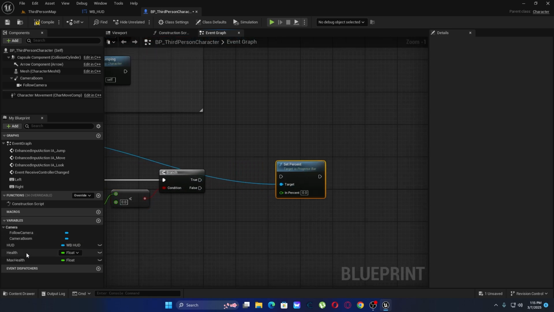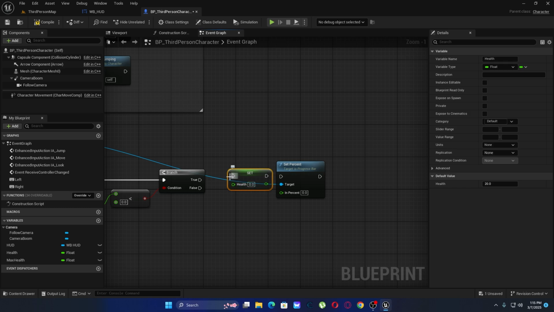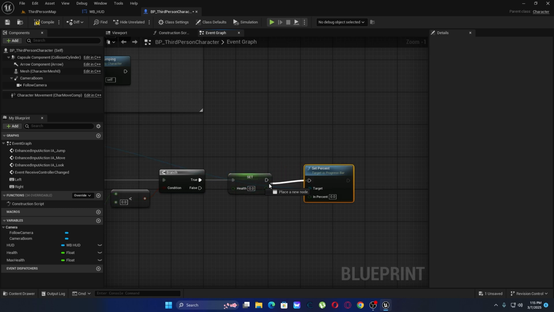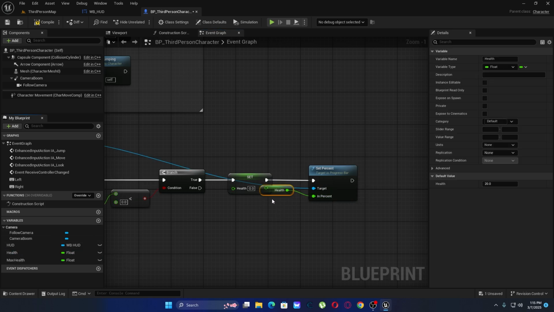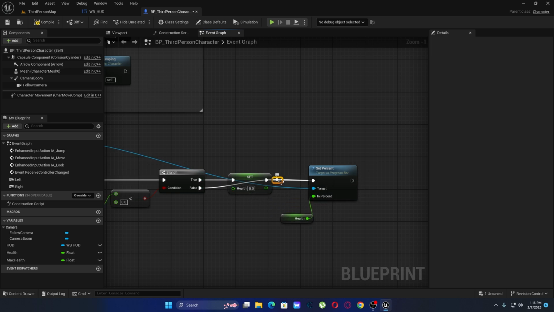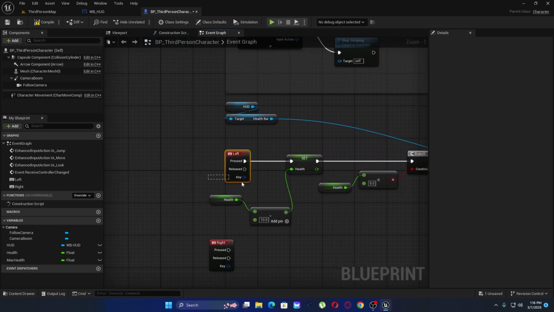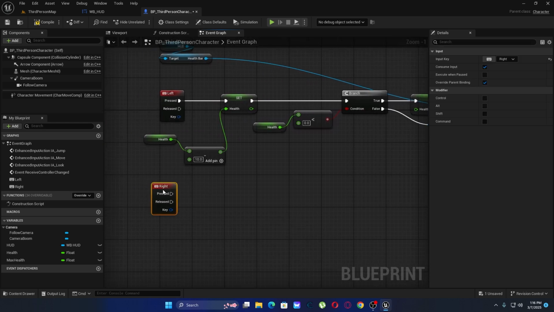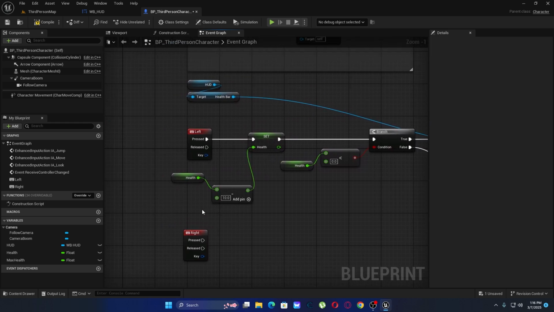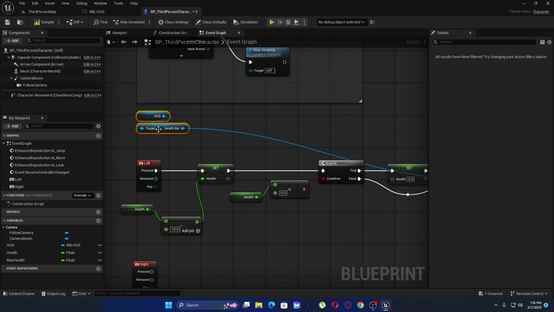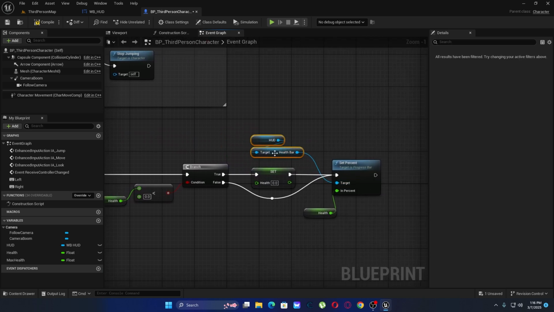If it is true, we want to set the health to 0, and then do this. Just get the health over right here. And here it is basically just going to be able to decrease our health. Now, if we want to increase our health, which we probably do,